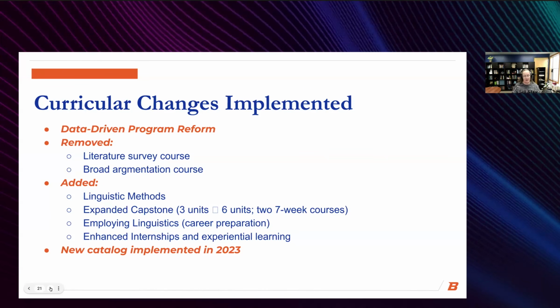I believe we were able to do this because we have a very flexible catalog. We had a very flexible way of seeing our students' completion of their catalogs, and we have been collaborating with our college advising center as well as with the registrar.